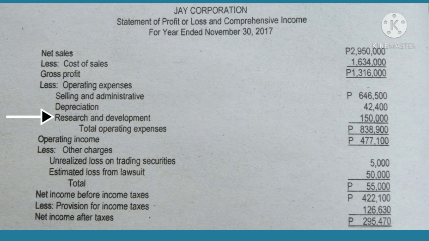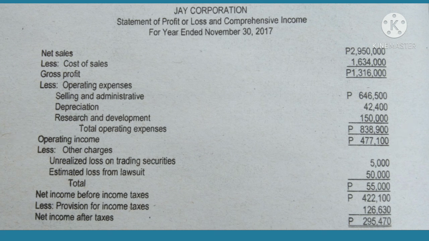And we have research and development expense. We have 150,000 pesos. This is composed of 30,000 of research and development expense from the previous statement of income plus 120,000 from the seventh correcting entry. Adding all three will result to total operating expenses of 838,900 pesos. The total operating expenses of 838,900 pesos will be deducted from the gross profit of 1,316,000 pesos. That will equal to operating income of